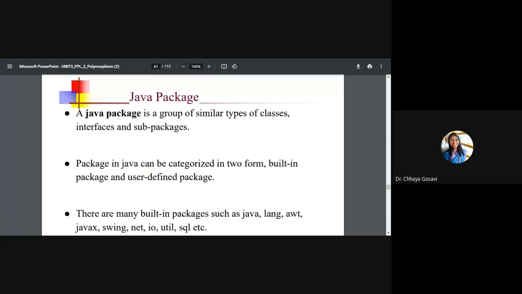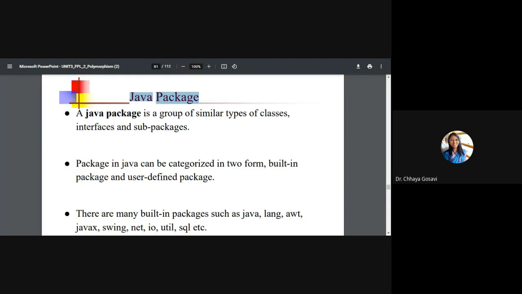You should know what is the meaning of package. So like in C or C++, we have header files, like #include stdio.h or #include iostream.h or string.h. So these are header files, right? Means library files, like math.h, where somebody has already written the functions which are ready to use.